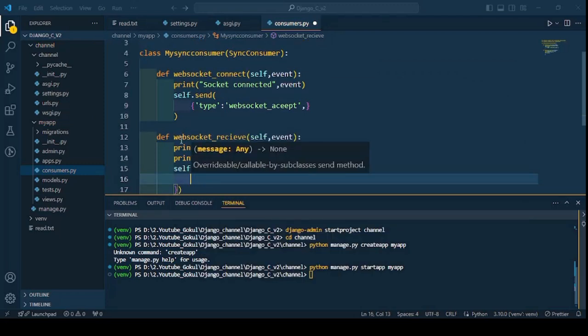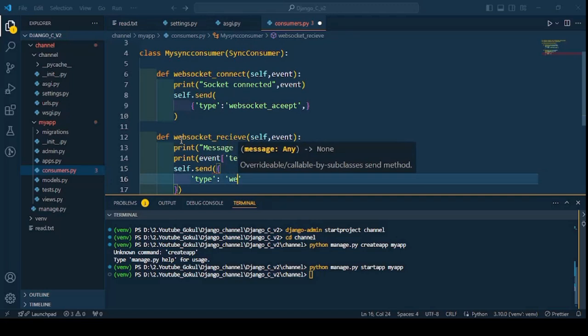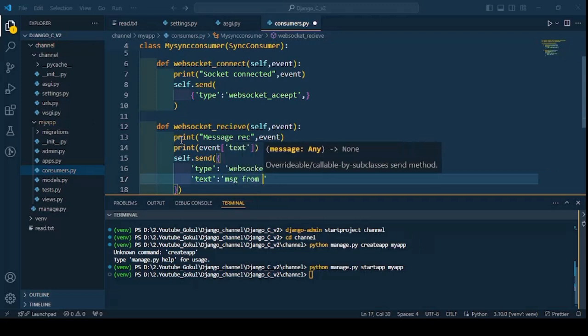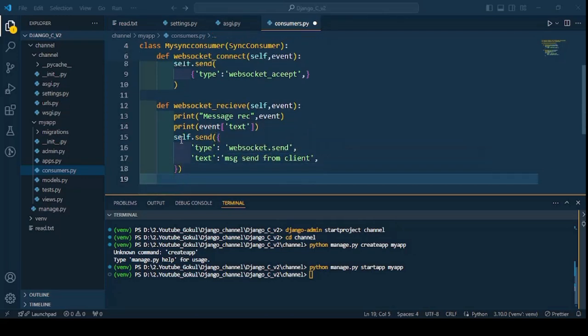Self.send. Here also we are going to send type, that is websocket.send, and whatever the text, that text is going to be a certain message we can write. Let's say, message from client or message sent from client. So these two functions are complete, and the third function is